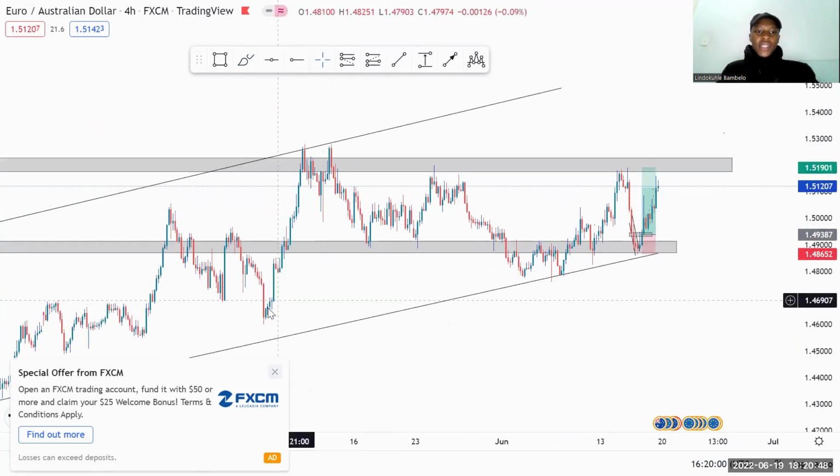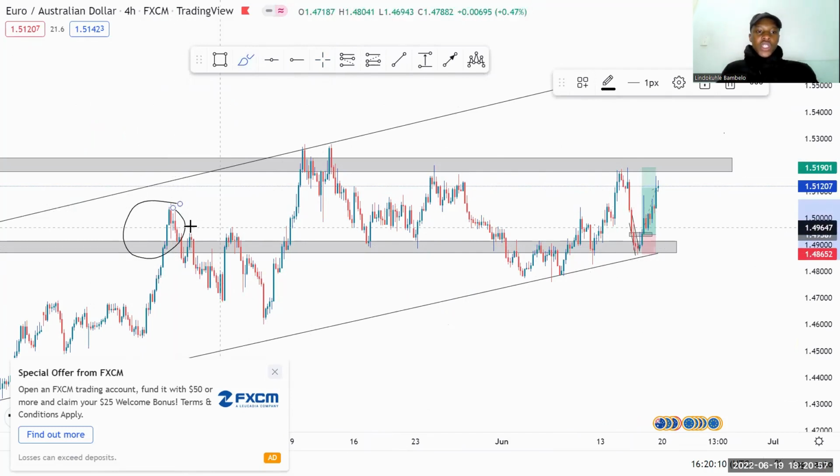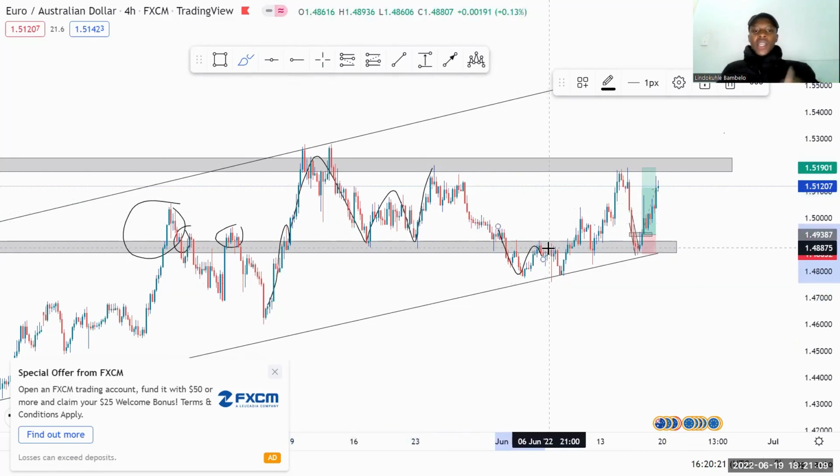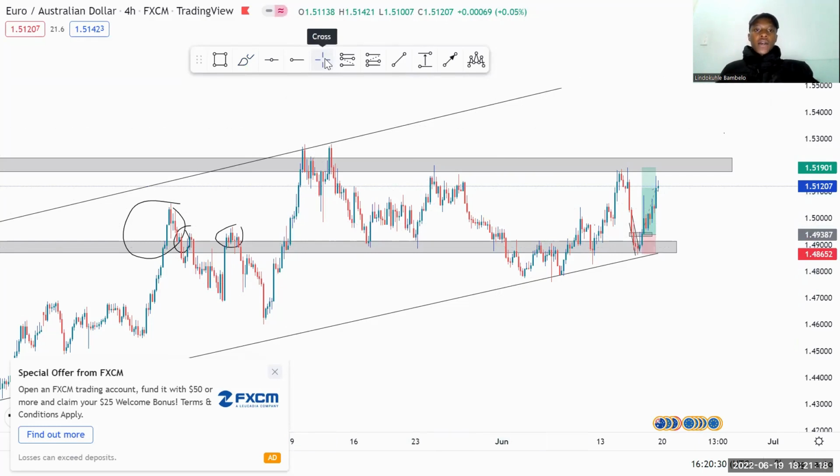the market had this price level that was being respected for a long time, because you would see the market rejected, which is a resistance, then it broke it, then it turned into support, then the market failed to break above for a couple of times. Resistance was being turned into support, support was turned into resistance, and everything like that. So what I saw here on Euro AUD